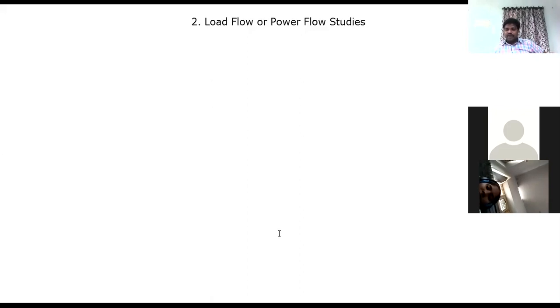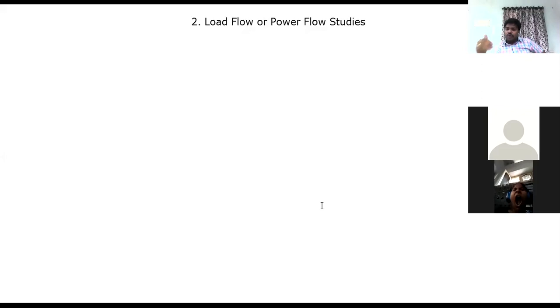So how do we expand that power system to a new one? That requires load flows. That means you need to clearly understand what is the real power and reactive power at a particular bus, the ith bus. So you may have a total of n number of buses. We do not know the count. At each and every bus, you must identify what is the real power, what is the reactive power, what is the voltage, what is the current that is trying to flow from that bus. Based on that only we can expand.